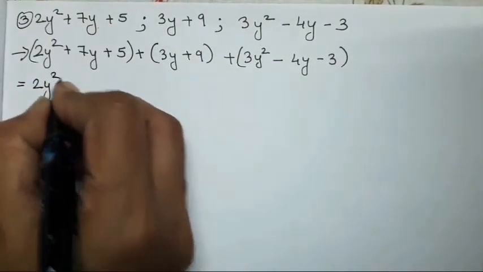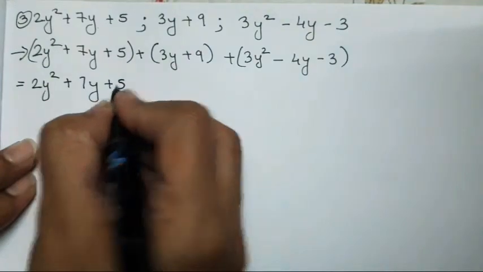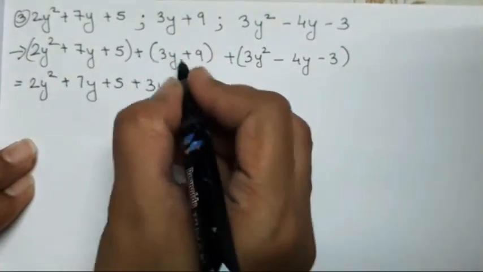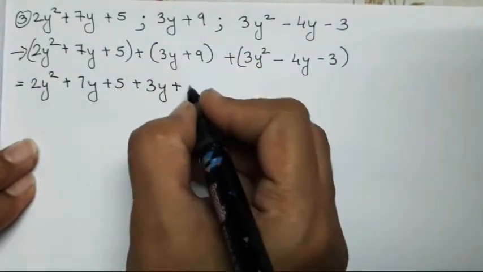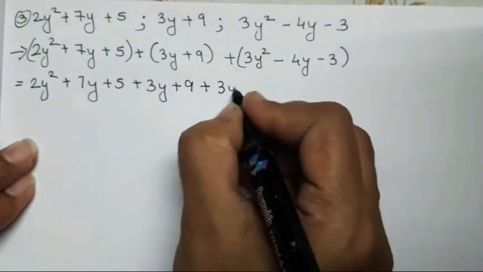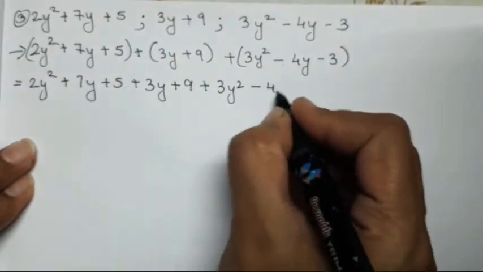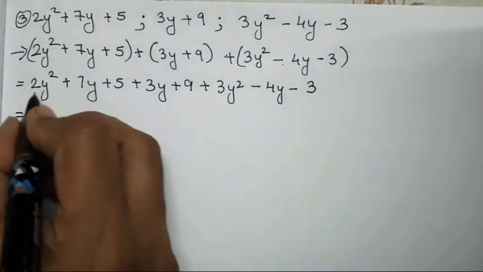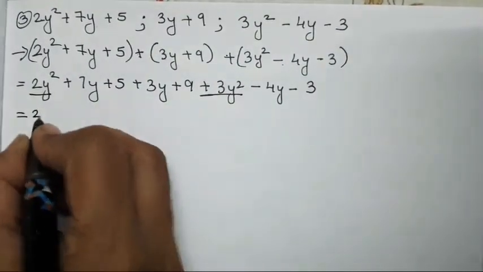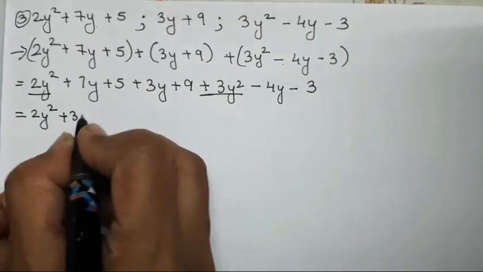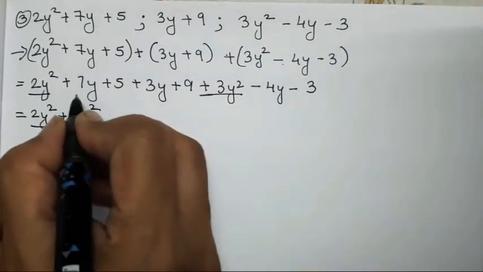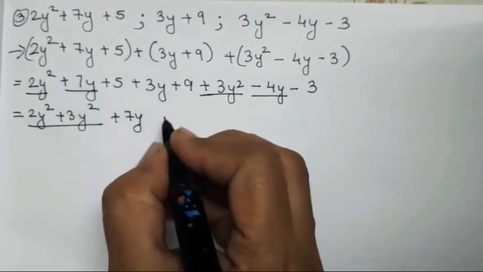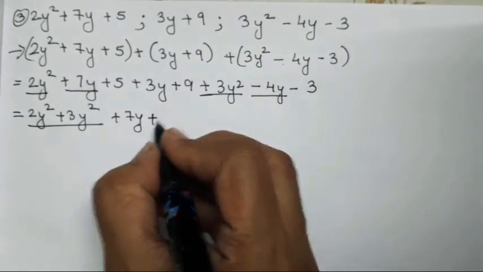That is, the first equation will remain as it is. Second, we will see whether it changes. 3 plus 3y, plus and plus is plus, 9 plus again 3y square, plus and minus is minus, minus 4y, plus and minus is minus, minus 3. Okay, now we will find the like terms. So these are the like terms, 2y square plus 3y square, underline it. Next is this and this, so plus 7y plus 3,